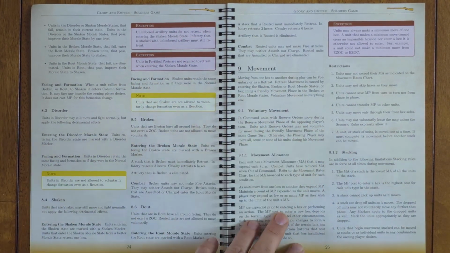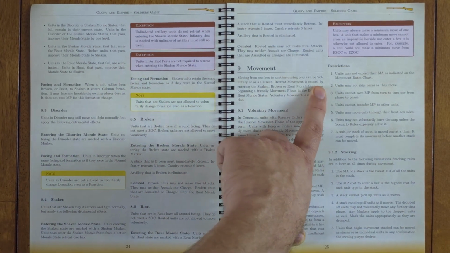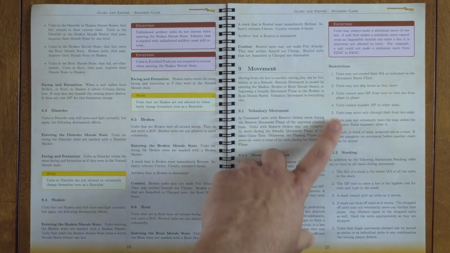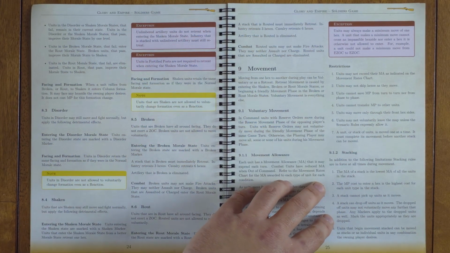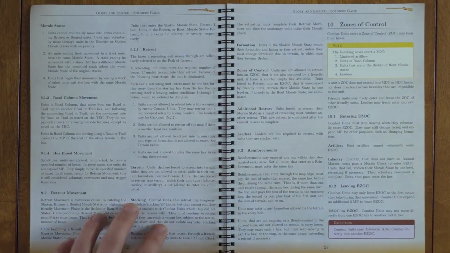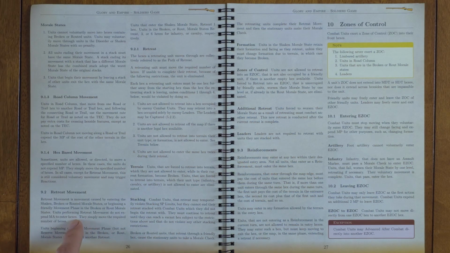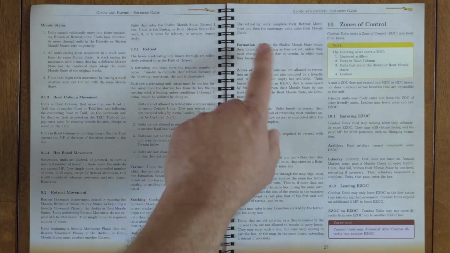Movement rules: voluntary movement, movement allowance, restrictions. They can't exceed their movement allowance. They may not skip hexes, cannot save movement points. Most of these are pretty standard. They can't transfer them. Right. These are all pretty standard rules. Stacking. Then we've got more on how morale affects it: road column, hex-based movement, retreating rules, terrain, stacking, formation, zones